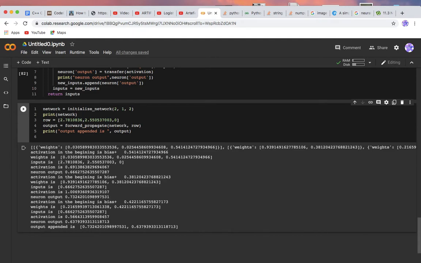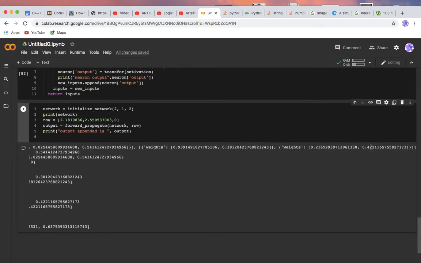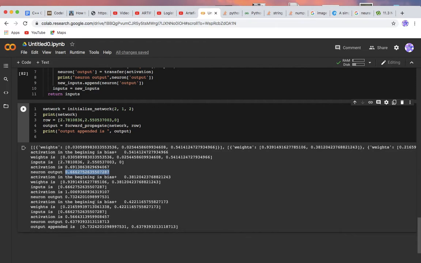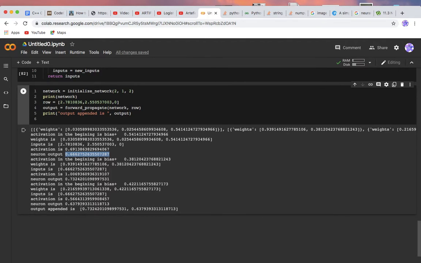And 0.66, same input is here, this one, for the next neuron, 0.66. And what is weights? 0.21, 0.42. So this is bias and this is 21. So this weight is for the second neuron. Got it? And then we have calculated neuron output as this, and we'll feed that here. So finally we have these both outputs.